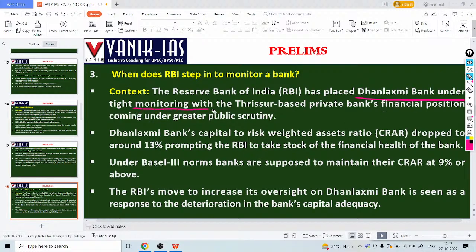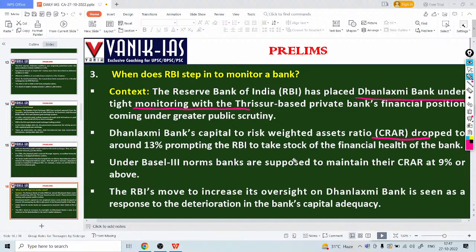under tight monitoring. Dhanlakshmi Bank's capital to risk weighted asset ratio, CRAR, dropped to around 13%, prompting the RBI to take stock of the financial health of the bank. Under Basel III norms, banks are supposed to maintain their CRAR at 9% or above. The RBI moved to increase its oversight on the bank, seen as a response to the deterioration in